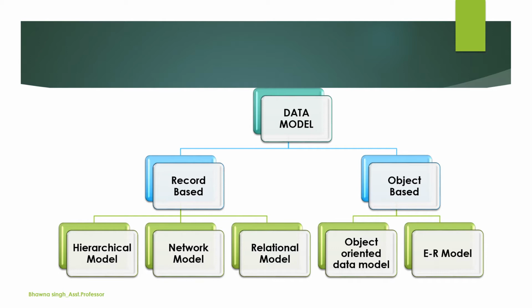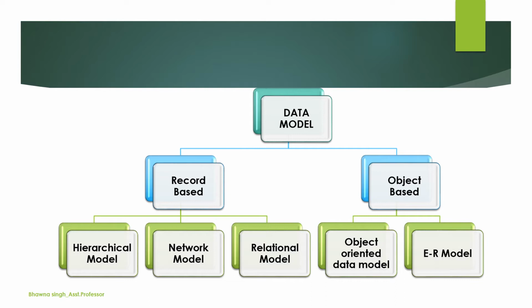So first of all, let us revise what a data model is. The data model defines the overall logical structure of the data that is stored inside the database and how the database is modeled. That means how the data is stored inside the database, how it is updated, its structure, how the data are connected to each other, how they are processed, and how the data is represented inside the database. All these things we get to know with the help of data models. So basically, a data model is an organization of data inside the database.